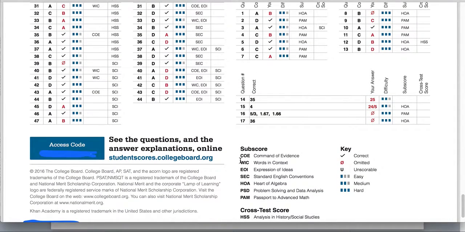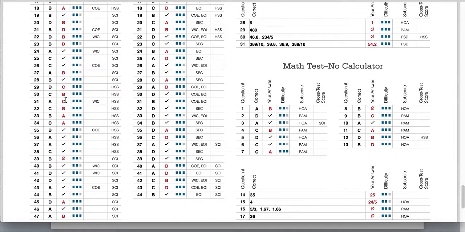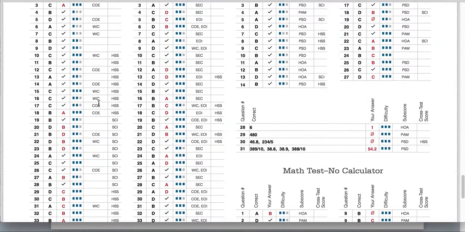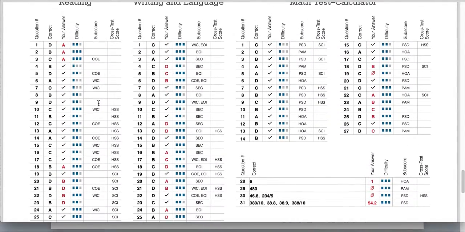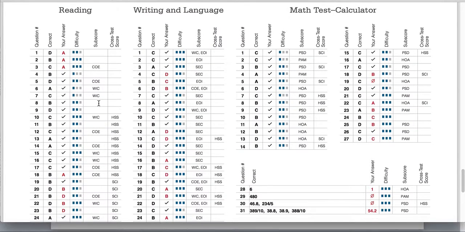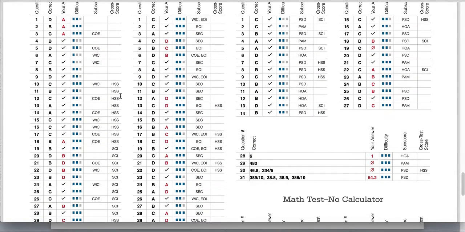You can also do the same with WIC, or words in context. We can see that there are some of those in here. This is a hard one, 1, 2, 3, difficulty. Words in context, and yep, missed that one too. So might need to work on the words in context and command of evidence in addition to just beefing up the reading skills. Cross-test score. So this HSS,